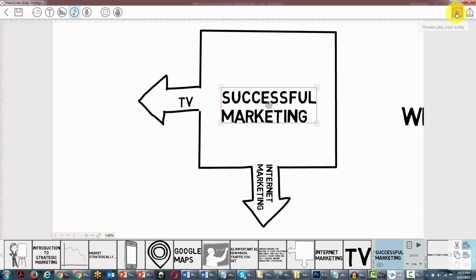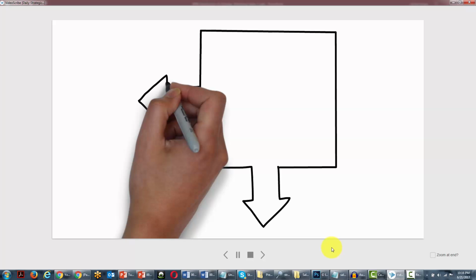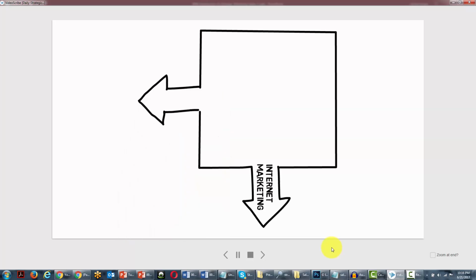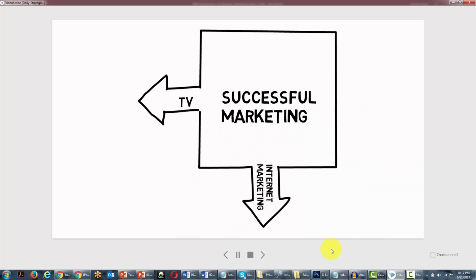So we're just going to play this scribe. What's needed for you to understand is the basic framework for marketing. Whether a company is doing internet marketing or television commercials, there is a certain structure that all successful marketing and